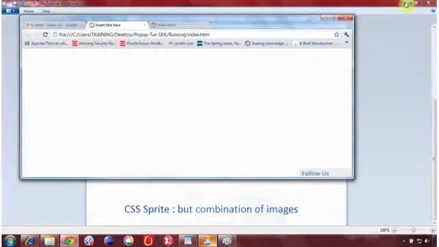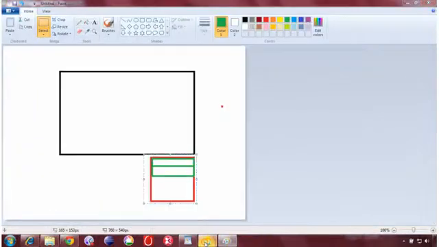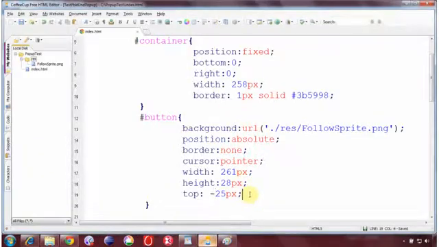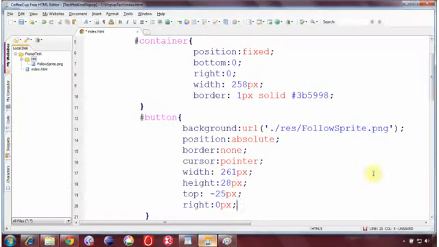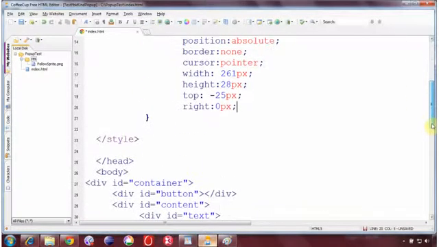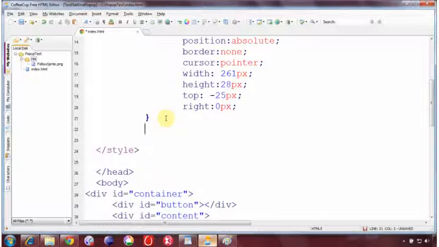The idea is like this. So that's why I am specifying over here the top position to be minus 25 pixel, and of course the right position is going to be 0 pixel definitely, because from the right the distance should be 0. It should be at the top right corner of this container as well. Fine. So this is all about the button, and the important thing to understand here is CSS only. Once you are done with CSS, jQuery is nothing, just a single function I need to invoke over there.